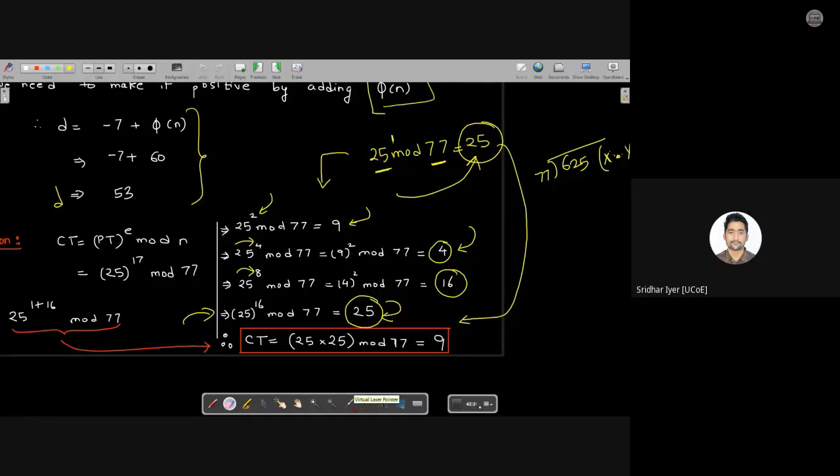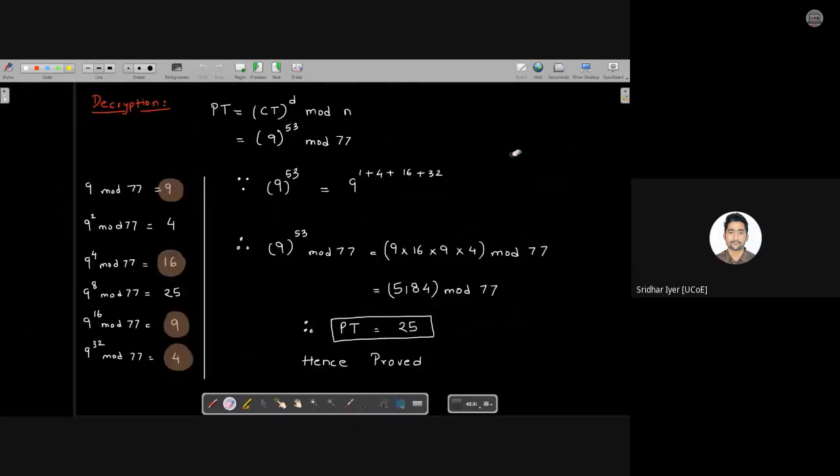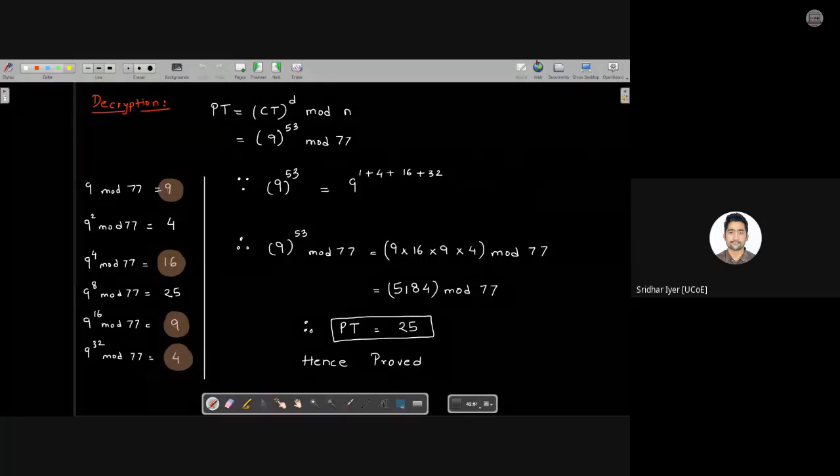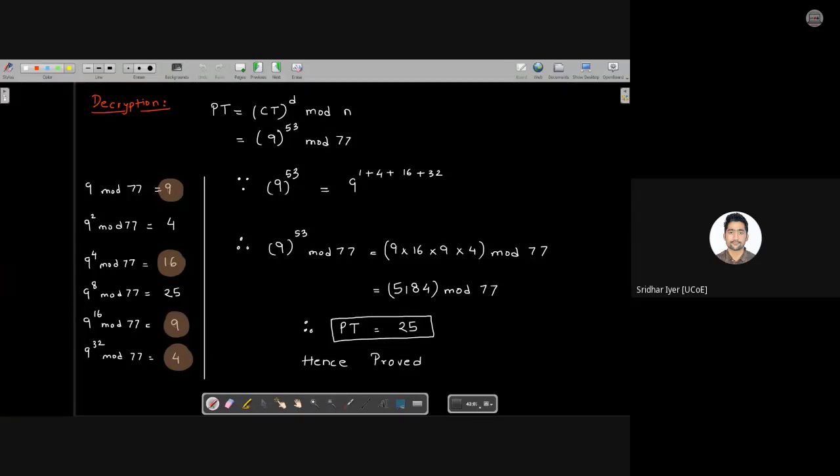So this was the problem we have seen just now. Let's get back to the decryption part. Obviously, the question is not complete yet. So for the decryption part, what we need to do is simply apply the same technique. For the plain text, we need to sum up 32. Yes, very good answer. We need 32. So basically, it is 9 raised to 53. So we can add the 1, 4, 16, and 32 powers, right? I hope this is making sense. You can see I have marked all those powers that we need to add up. So it can be 32, 16, 4, and 1. So basically, all these are powers of 2, right?